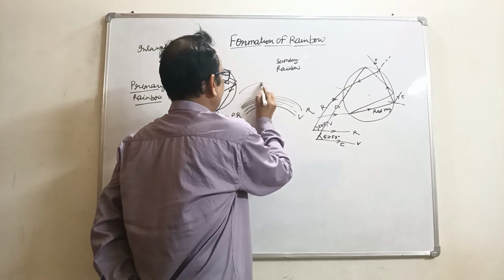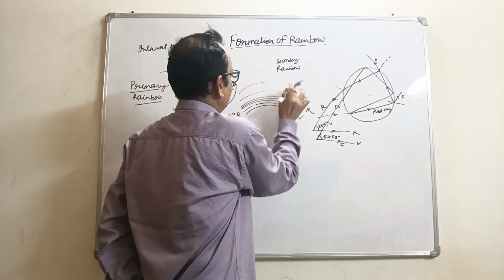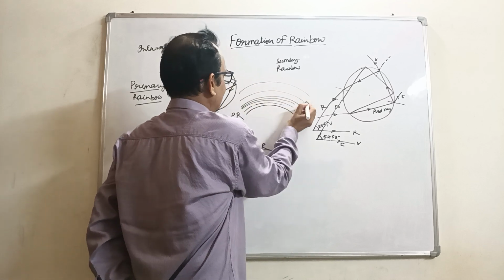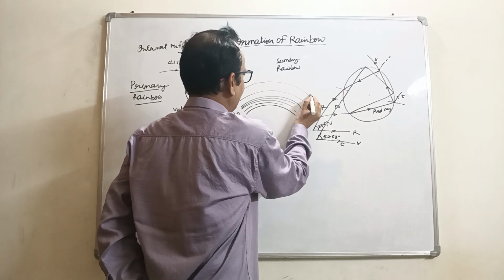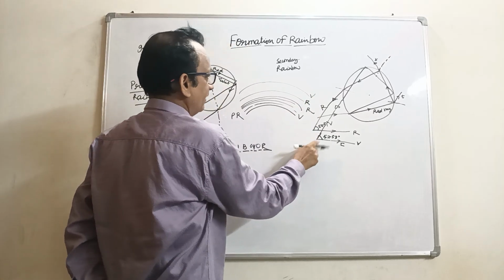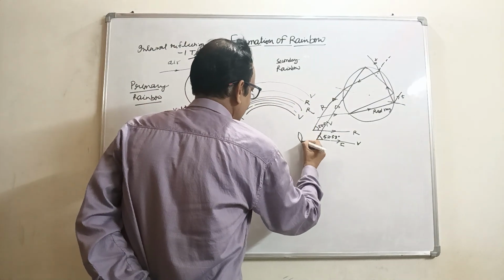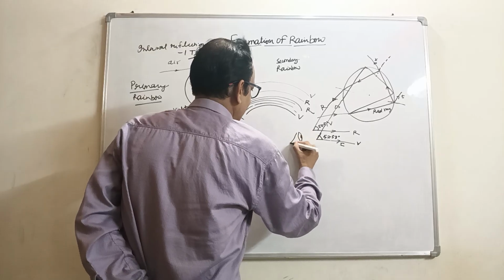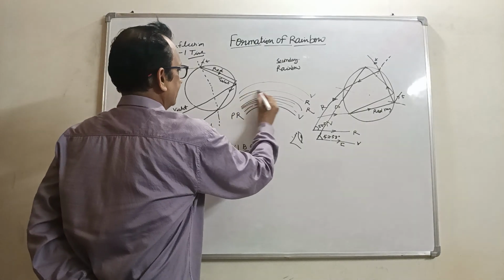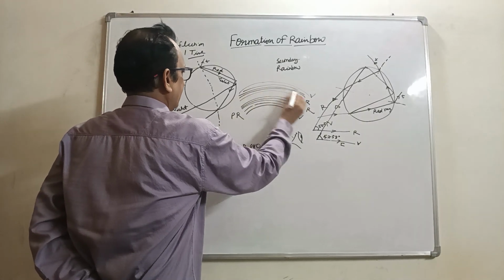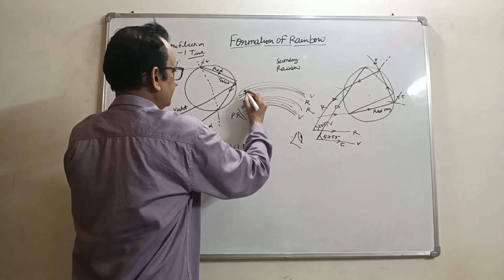So the secondary pattern, it is the secondary pattern. So here the red color is here and here is the violet color. Because the violet color has more angle, the subtended angle is more. So our eye sees this pattern like this. So the rest of the colors are in between.